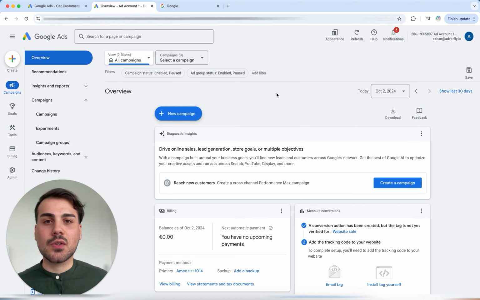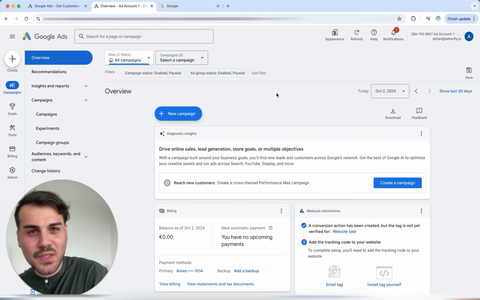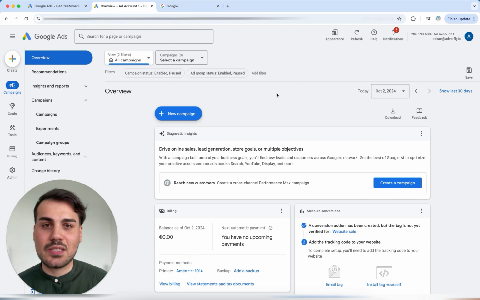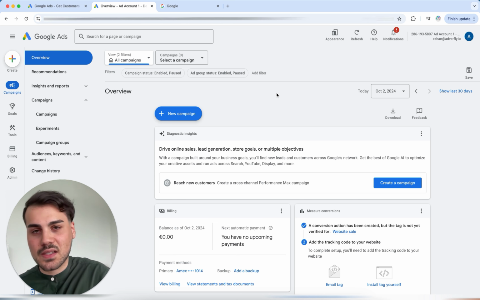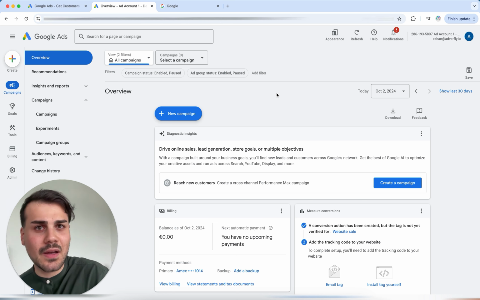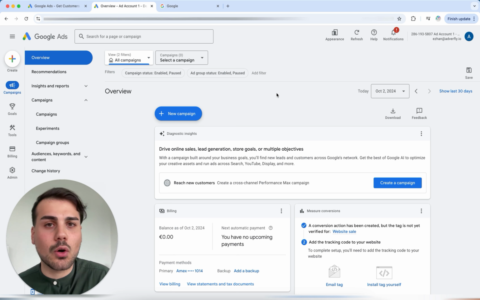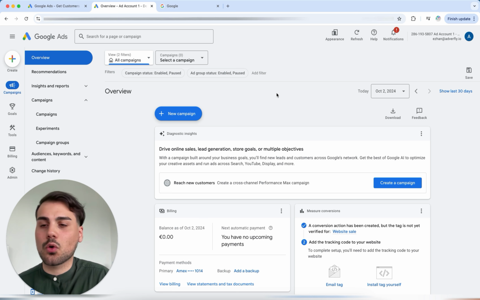And this is now the Google dashboard. If it looks a little different for you, don't be surprised. Google often likes to make different updates. In principle, the structure is usually always the same. However, if you still have any questions that are, let's say, unclear, you can ask them in the comments so that we can solve them together.